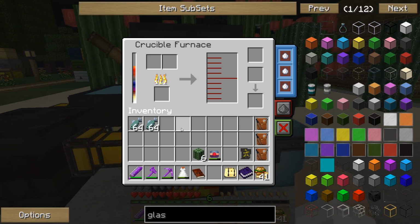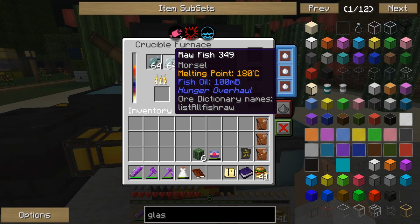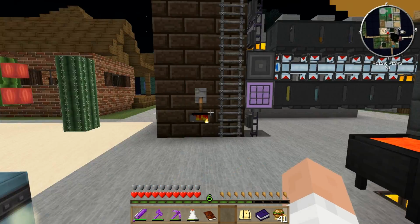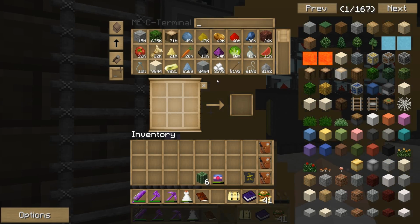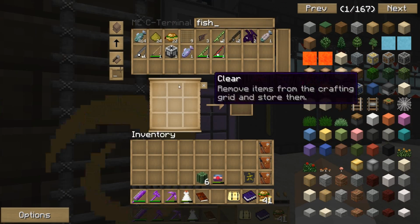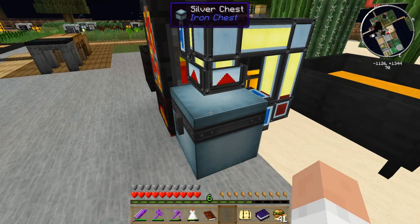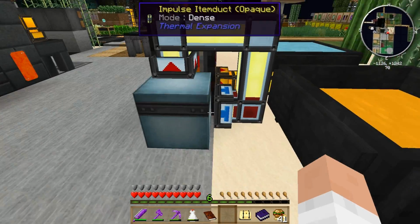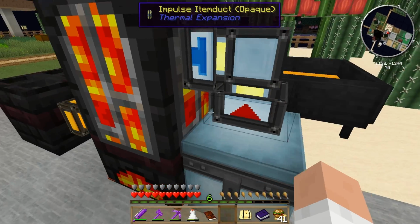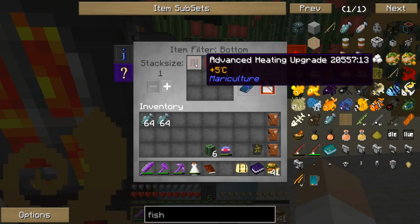So fish oil, you can make it with regular old vanilla fish. You don't get a lot of fish oil from these guys, but they are really easy to get with an auto fisher. So I've got tons of them. We look in here, fish, and if you see this elaborate setup over here on the side, I've got this set up to, let's see, where's that? It's blocking the